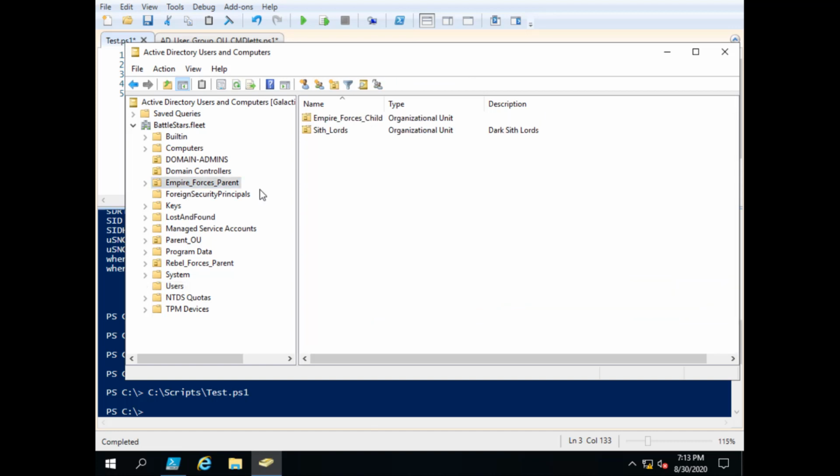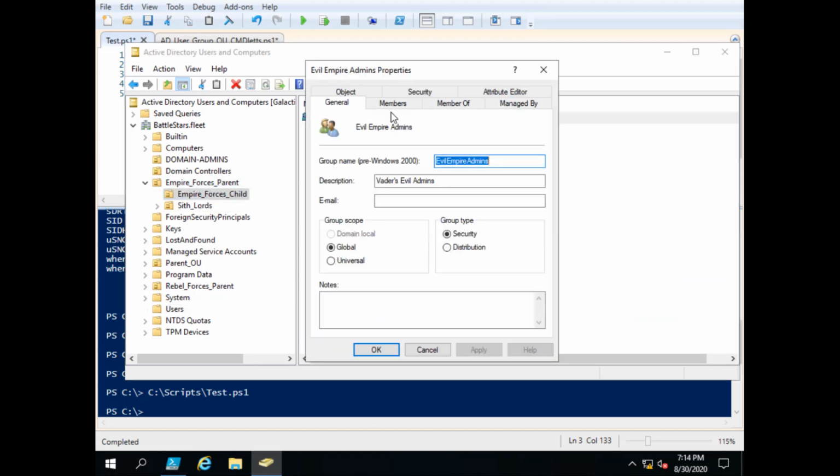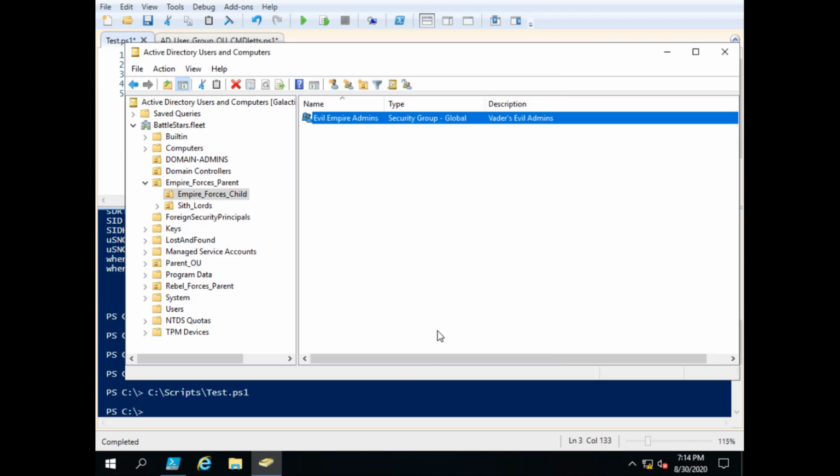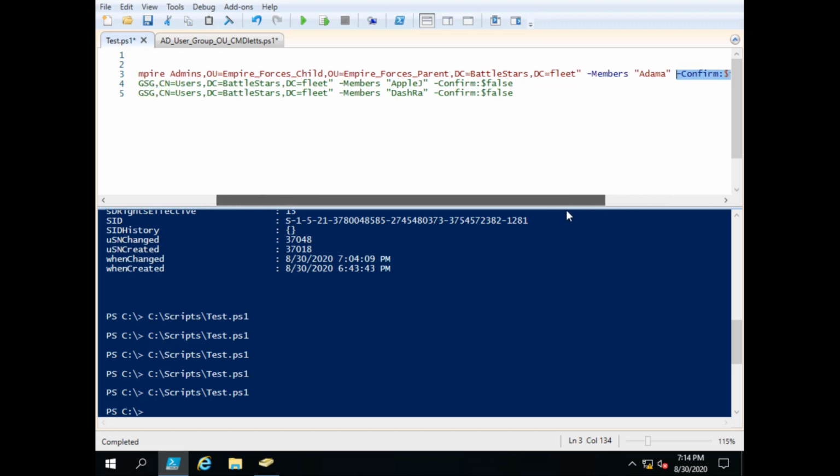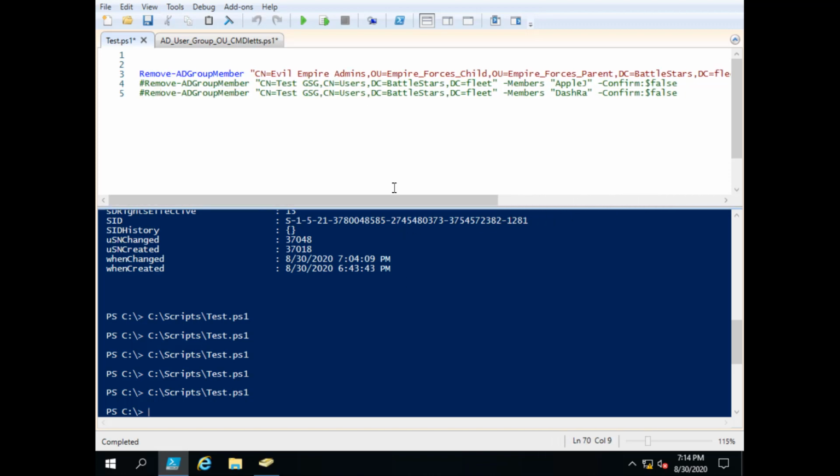Who's a user that we have already added to that group? Adama and Starbuck. Okay, so those are some users we could actually remove. Let's remove Adama. He would never be an evil empire admin, right? And again, I'm using confirm false because if I didn't, it would prompt me for every single account. And if I were using a script and I were removing multiple users from a group, I wouldn't want to get prompted every time. So I turn that off with confirm false, but that's up to you, whether or not you want to do that. So if I run this,